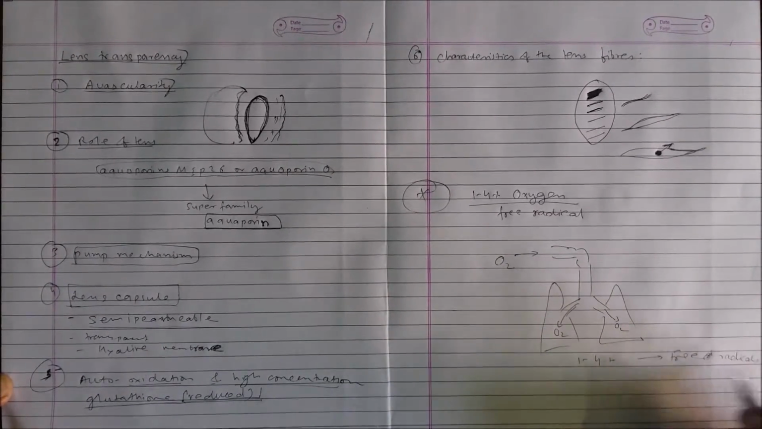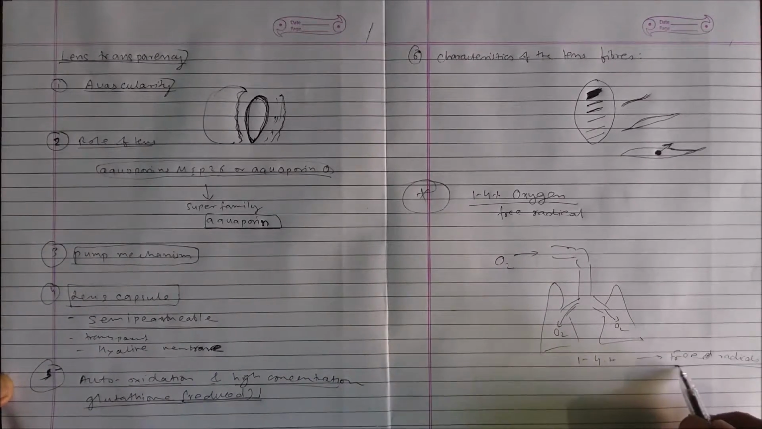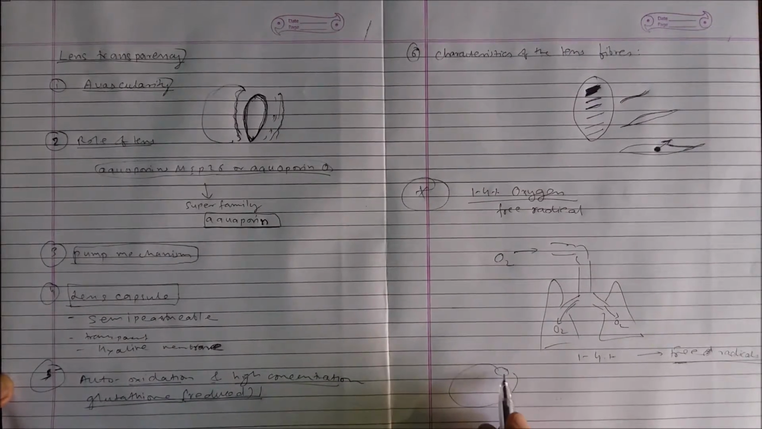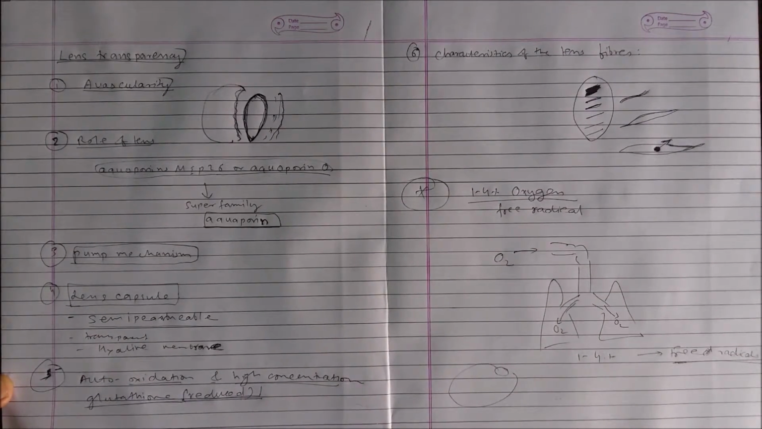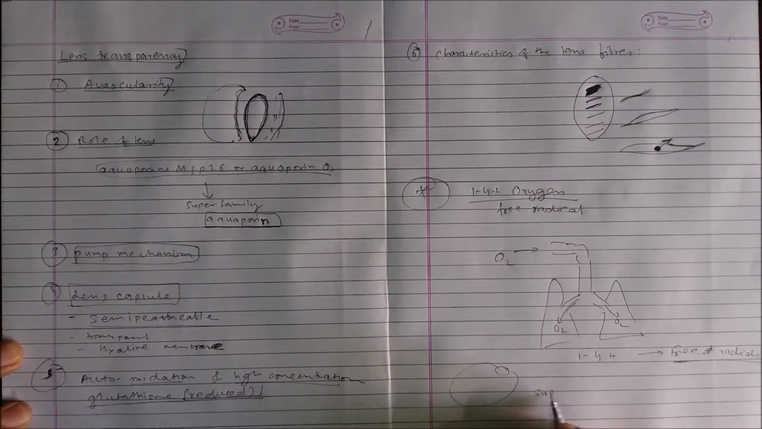Free radicals. First question: what are free radicals? Free radicals are molecules or molecular fragments that contain one or more unpaired electrons in the outer orbitals. These free radicals, or reactive oxygen species, are, for example, superoxide ion,